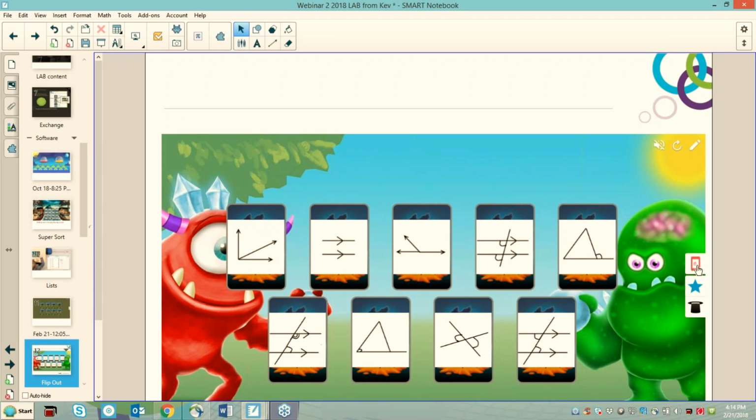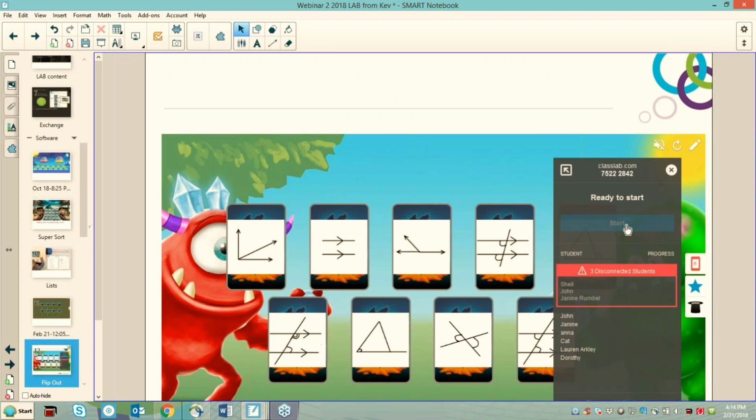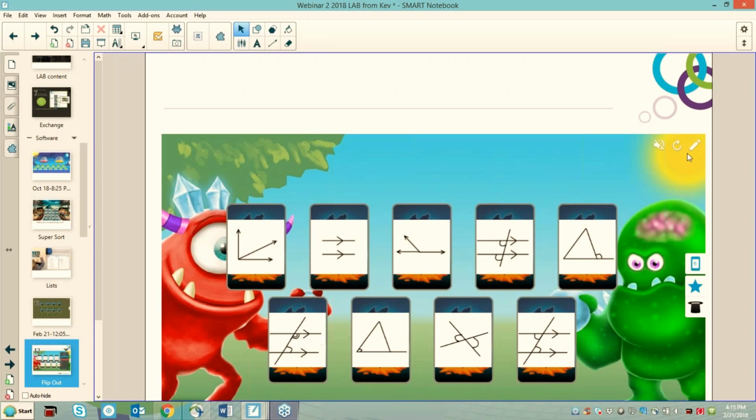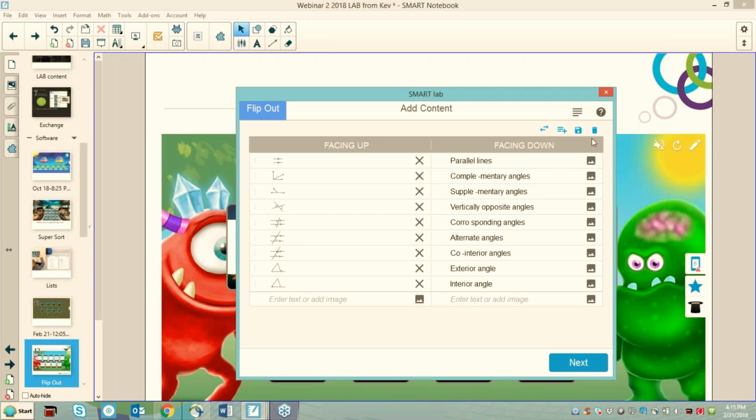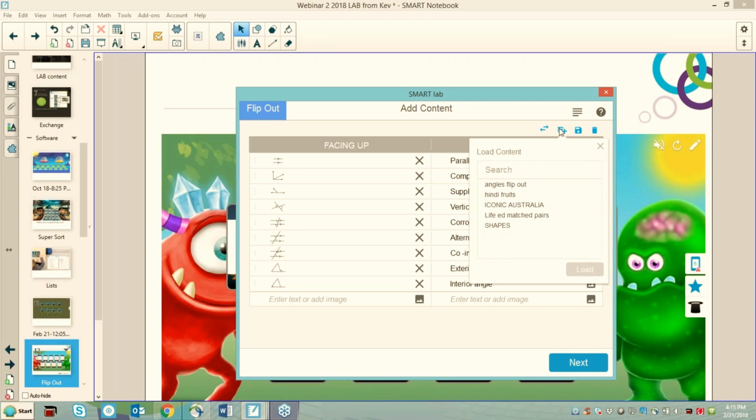Then what I could do is I could start that for the students. Those people who are still with me, your devices will update. But if I want to, I can actually go in and edit this list and very quickly reuse this lab activity. So if I click here to load,